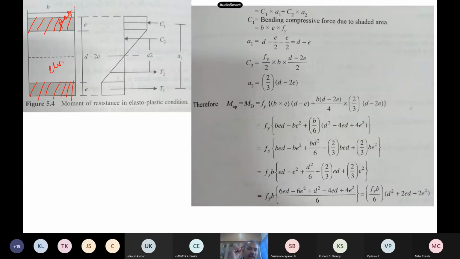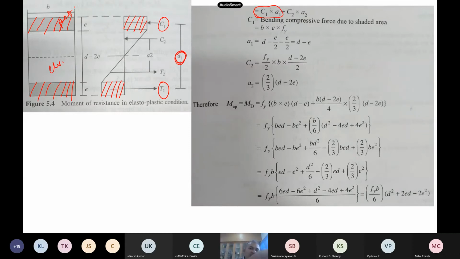So now to find out the bending capacity of this beam, this is a plastified region. Okay, this is also a plastified region. So you have to find out C1 and T1, both of them are the same anyway. Now this is multiplied by its lever arm, that is A1. Okay, so this is the component which comes from the plastic part.